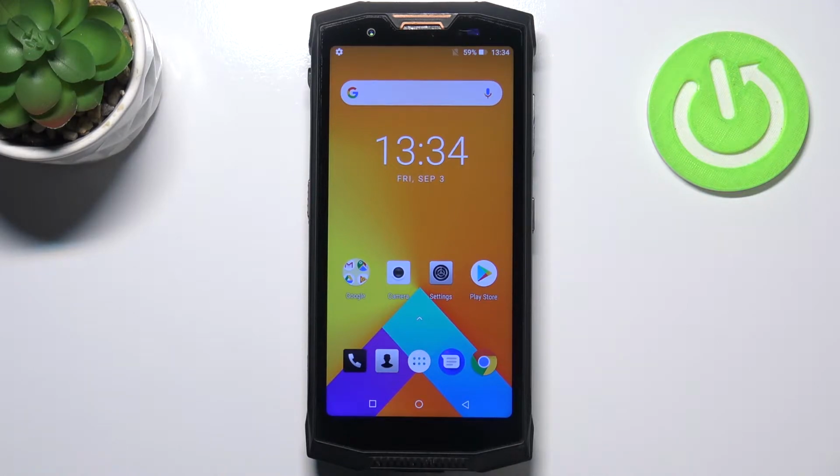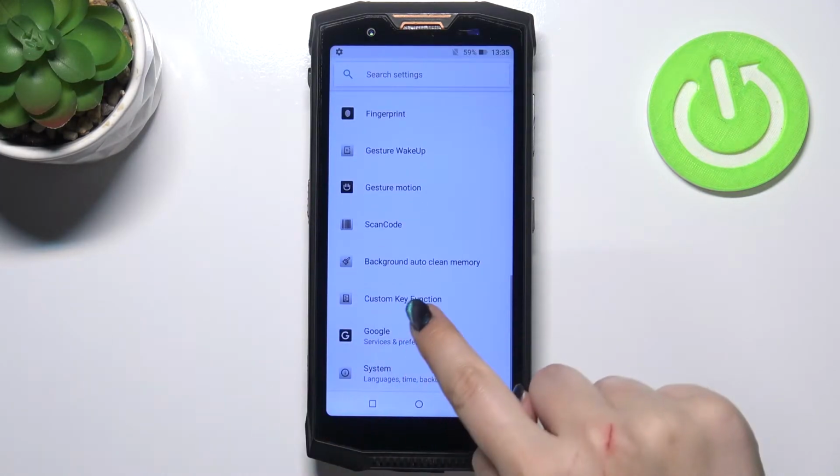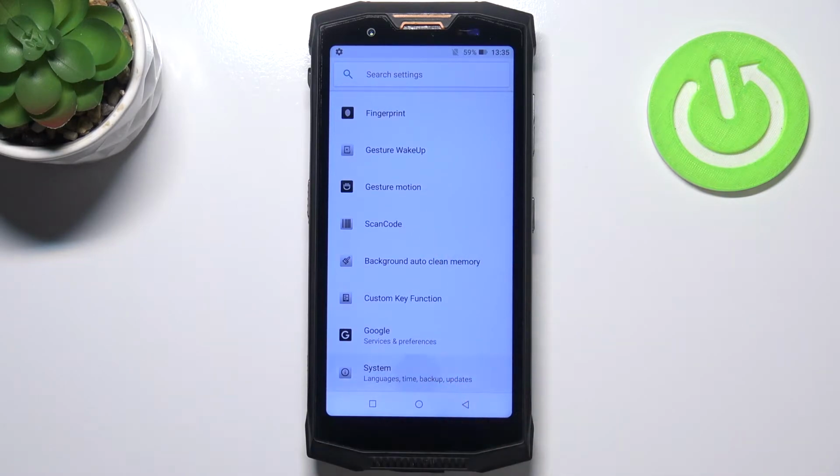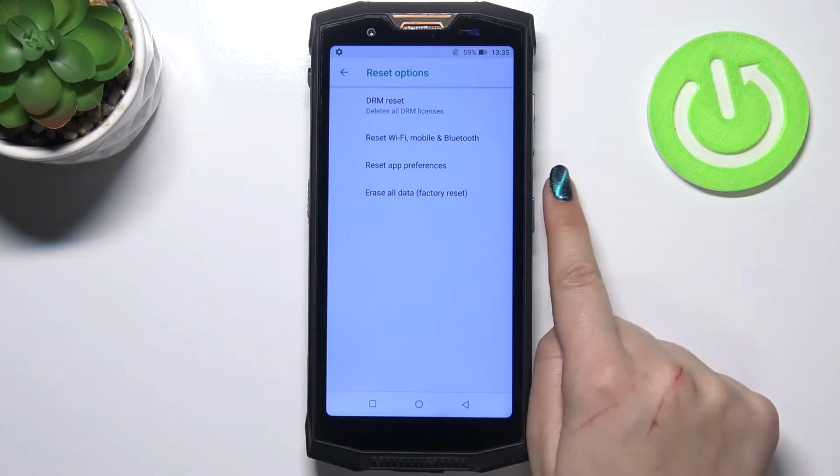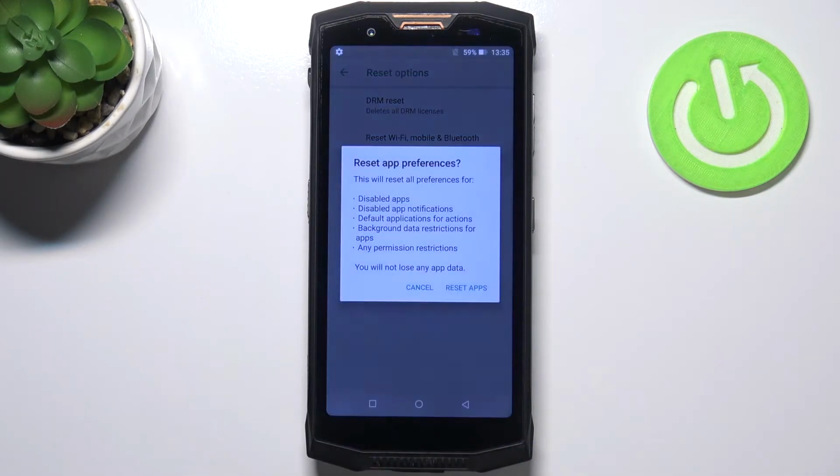So first of all we have to enter the settings and scroll down to the very bottom to find the system. Now let's tap on reset options, and as you can see on the third position we've got the option we are looking for, so let's tap on it, and here your device is informing you that it will reset all